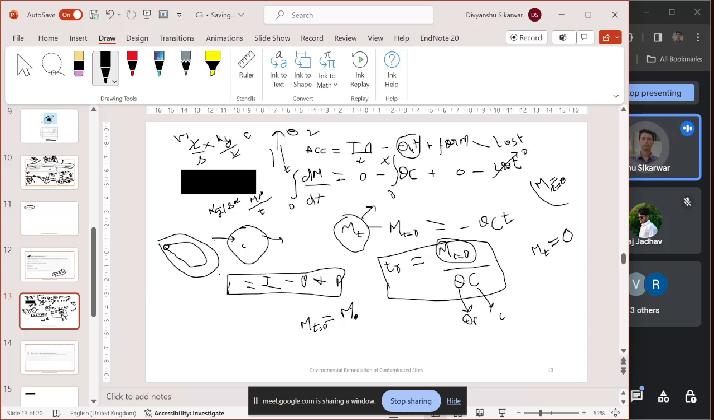M naught is basically the mass of a particular contaminant at t equal to zero, meaning the original concentration. We haven't done any remediation yet. At that time, what was the concentration of the contaminant in groundwater? So it is the total mass of that contaminant. To calculate that mass, the calculation will vary based on which case